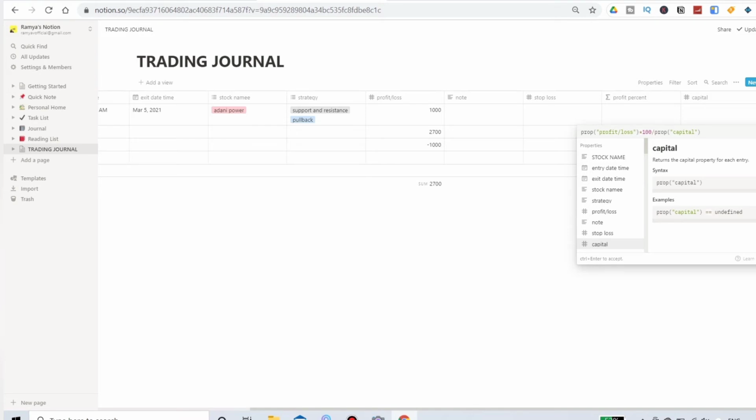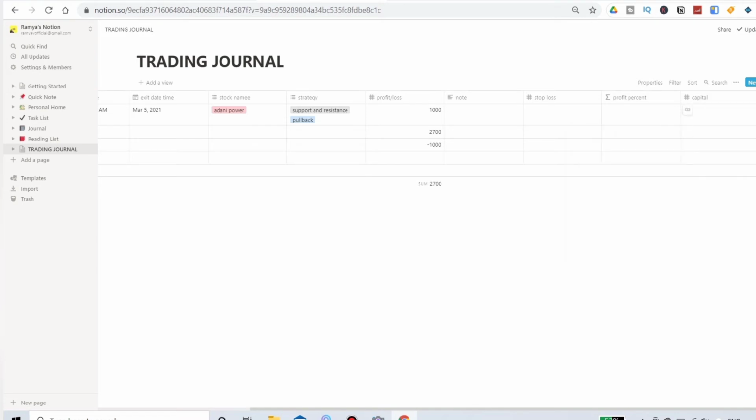So it is done now. Whenever we enter a capital, automatically the profit and loss percentage will be calculated with the profit and loss and capital data. So let's see, we'll enter some number here. So profit and loss percentage has been calculated.